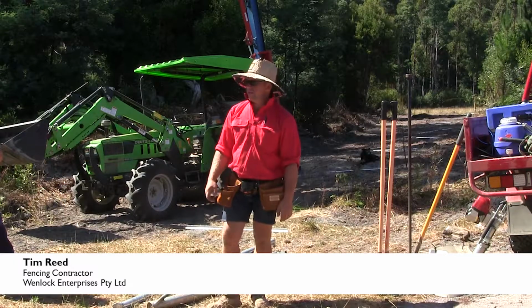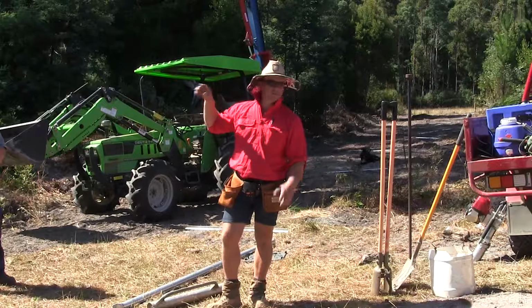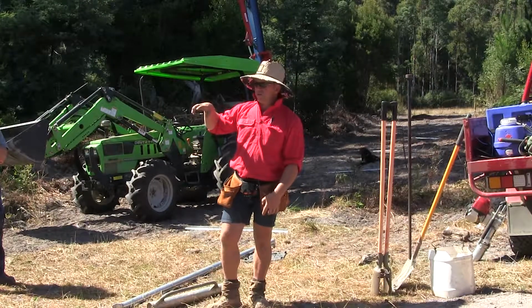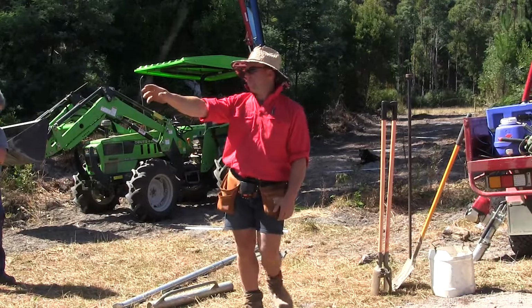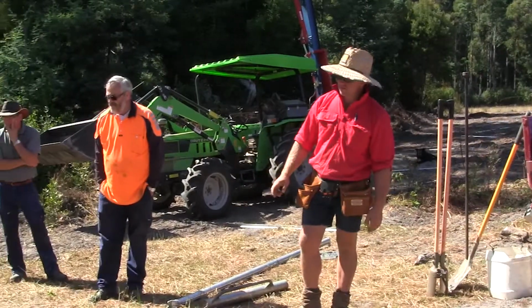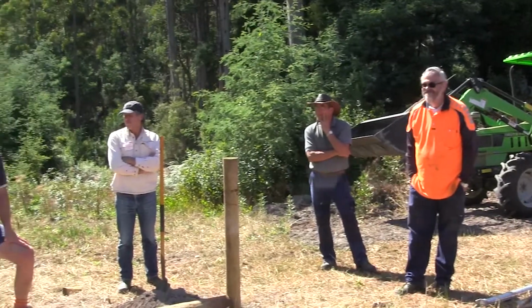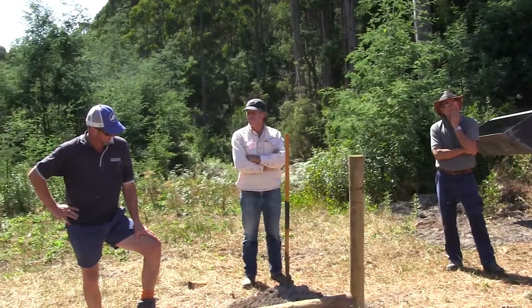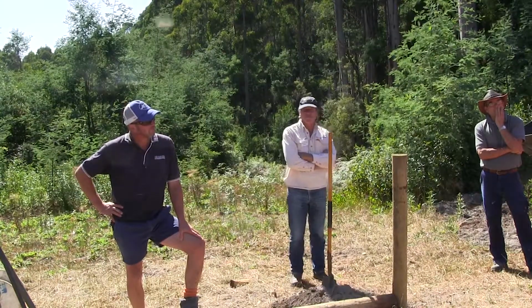End assembly here. We're going to do the normal H system, which a lot of people do. So basically you've got your strainer in the end here, and then a backup post just here, 3 meters apart, exactly 3 meters apart, done well. A lot of people will go 2.9, so you just trim that little bit off the post just so you're